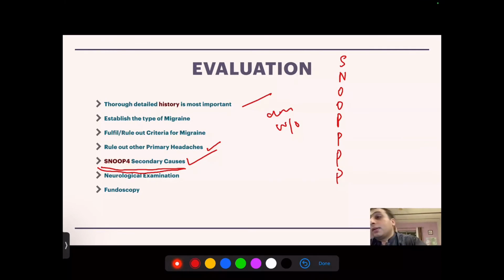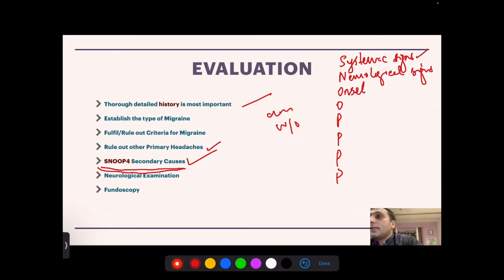mnemonic to find out, and it goes by S is for systemic signs including fever and weight loss. If these are positive, chance of secondary headache is possible. And N is for neurological signs. If there is fixed neurological signs, an upgoing plantar or weakness or any other signs. If the onset is rapid, if it is thunderclap, then it raises obviously the chance of secondary headaches, including subarachnoid hemorrhage